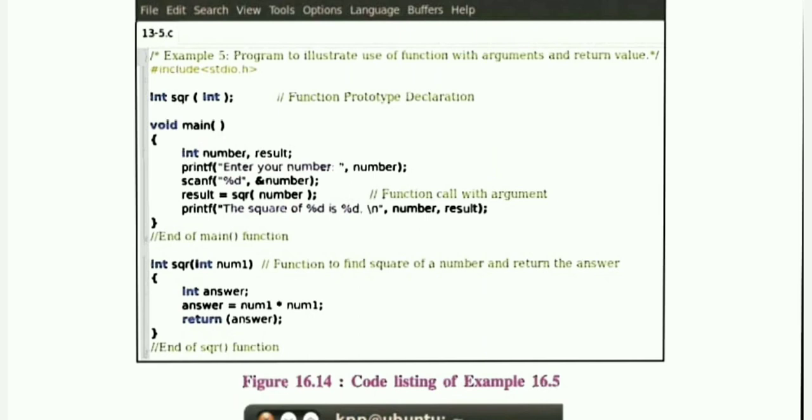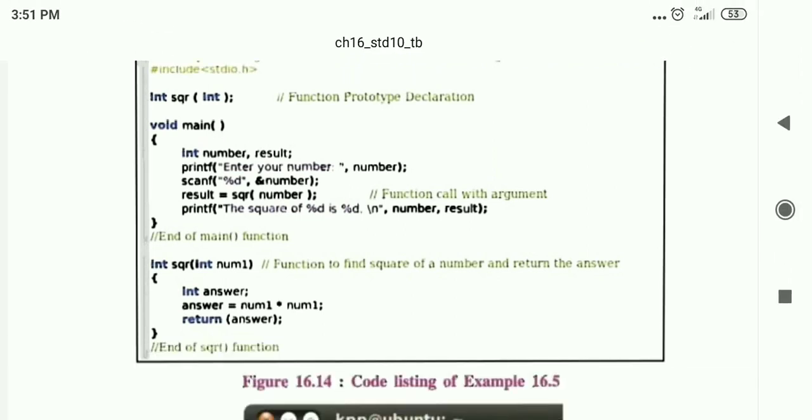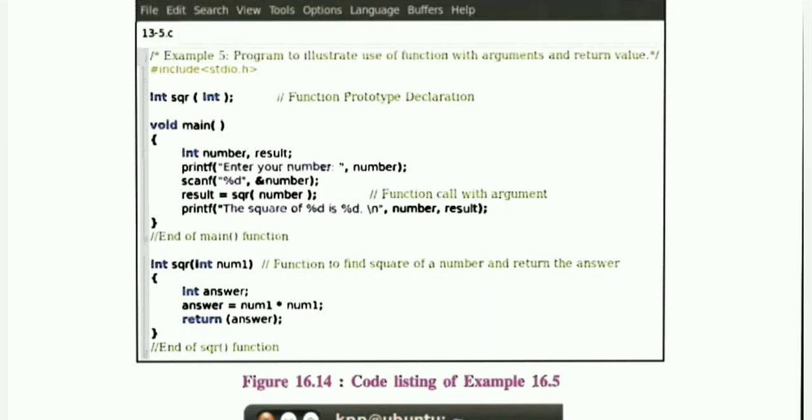Now this return statement will pass the flow of the program back to the main function, and the value we have written, that is answer, will be stored into our result variable in void main. At the last, the statement printf the square of %d is %d will be executed.